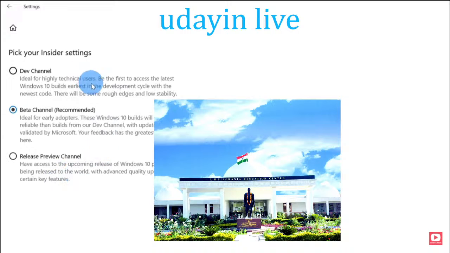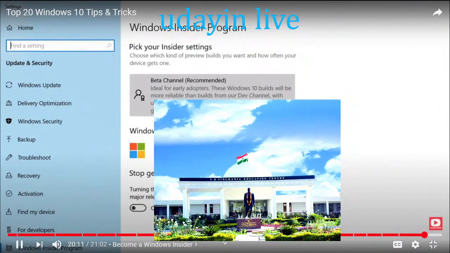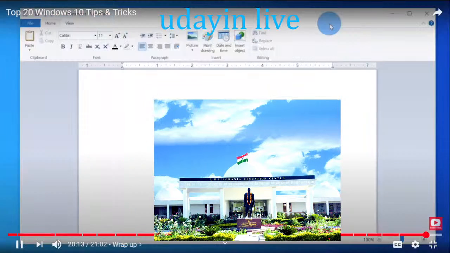I personally like a nice mix between the two of those, and I'm part of the Beta channel. Back on the main page, you also have the option to toggle on and off whether you get preview builds. I currently have it turned on, so I'm getting some pretty new functionality before the general public gets to see it. That's a lot of the